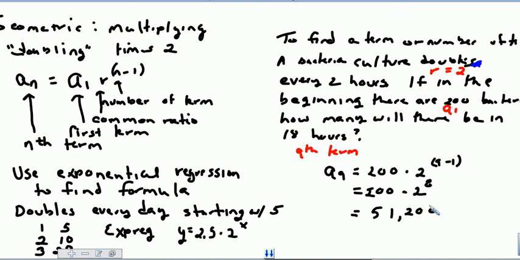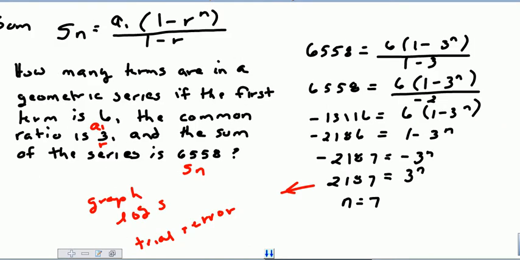All right, if I want to do a sum, and we're talking about something where you multiply every time, then we're going to use the sum formula for geometric. Again, given to you on your EOC formula sheet. The sum, S sub n, is equal to A sub 1, parentheses 1 minus R to the n, parentheses over 1 minus R. One word of warning, if you actually are given this formula and you need to type this in your calculator, make absolutely sure you're putting parentheses around the numerator. Make sure that you're putting parentheses around the denominator.